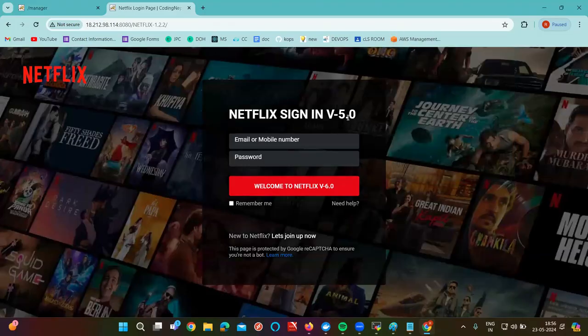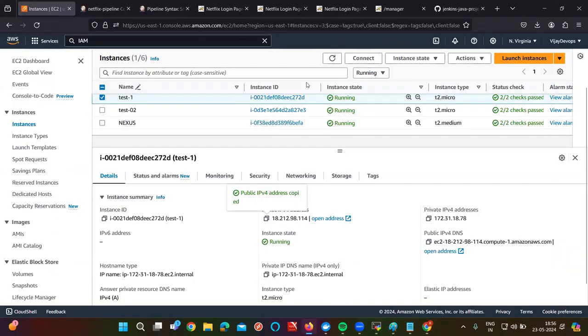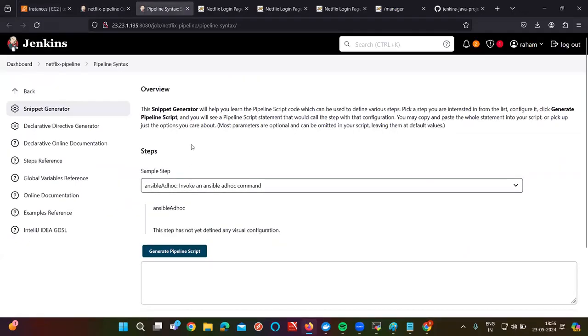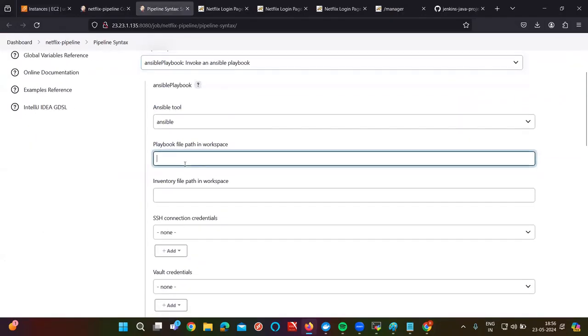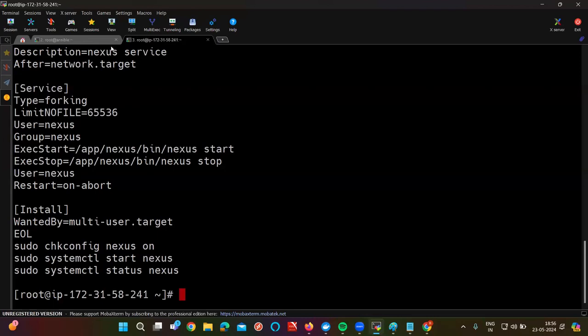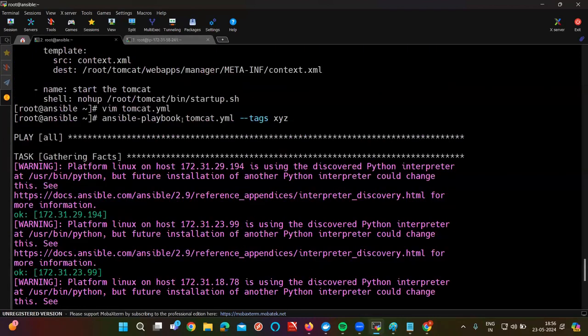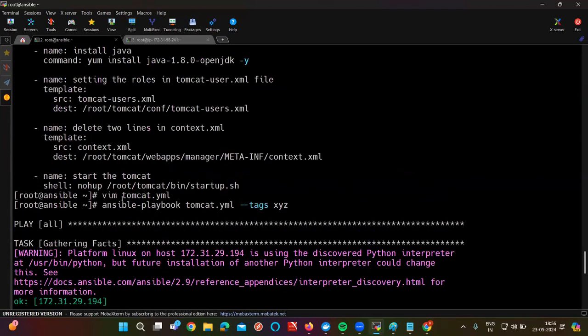What is the application still here? That means the pipeline we ran was not properly executed. Okay, that's what I'm trying to tell you. So if you go to the pipeline syntax, just execute the Ansible playbook one more time, and your tool will be Ansible, and deploy.yml will be the playbook. What are you going to run? It is on